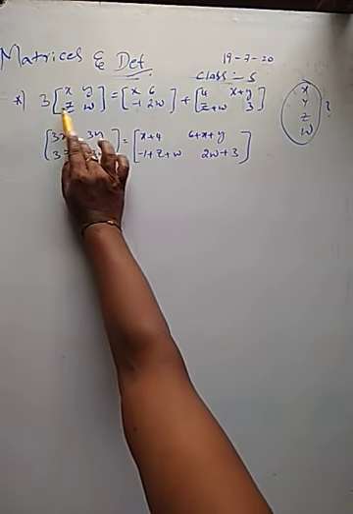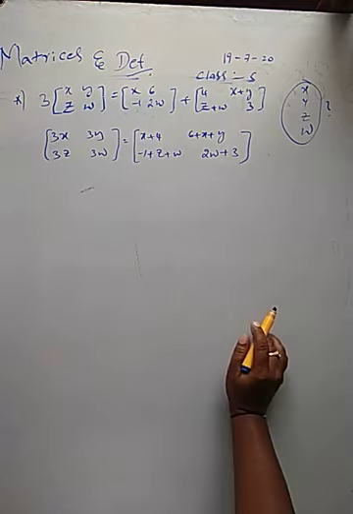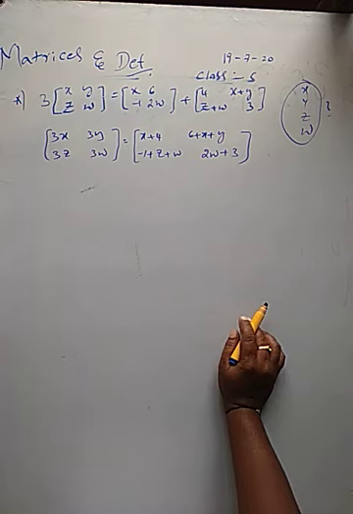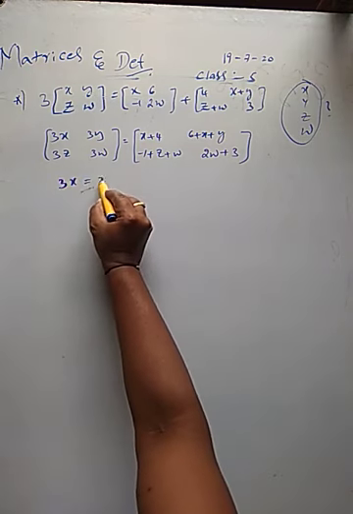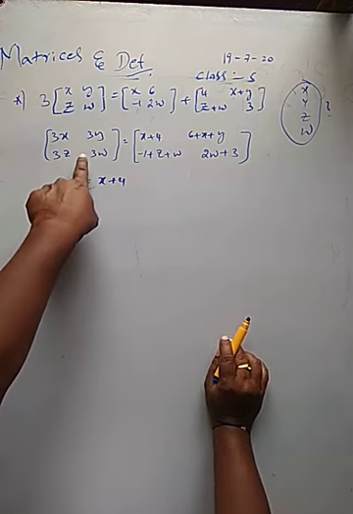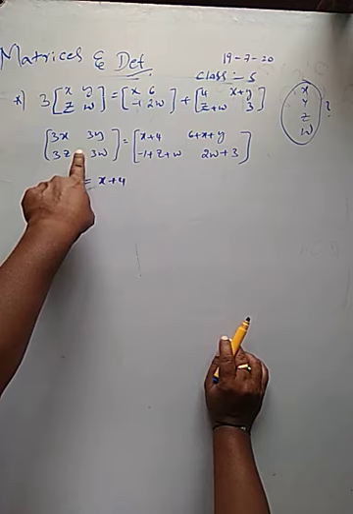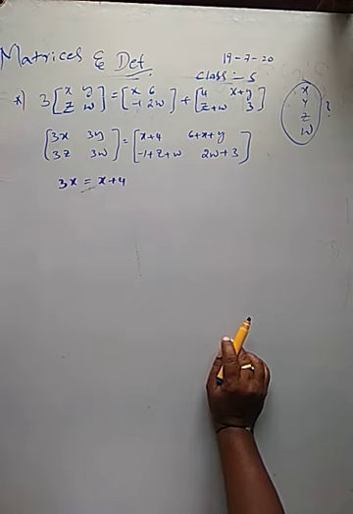It's simple. Multiply this matrix by 3. Here there is a plus symbol, so add these two matrices, and we get this. Listen carefully. We can easily find x and w. How? Please listen. 3x equals x plus 4. This is a 2 cross 2 matrix and this is a 2 cross 2 matrix. Both matrices are of the same order, hence we can equate them by corresponding elements of both the matrices.